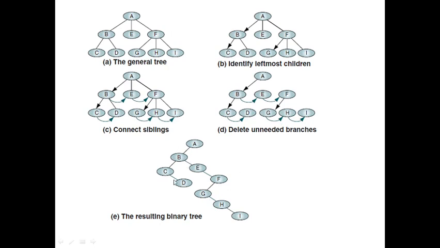This is very simple: you can convert any general tree into a binary tree. And once you have converted it into a binary tree, you can do all types of operations which are applicable on a binary tree. These are the few topics that I needed to cover in this video lecture. We discussed insert and delete operations on a general tree, and also how to convert a general tree into a binary tree. Thank you.